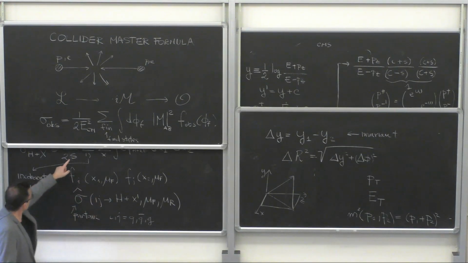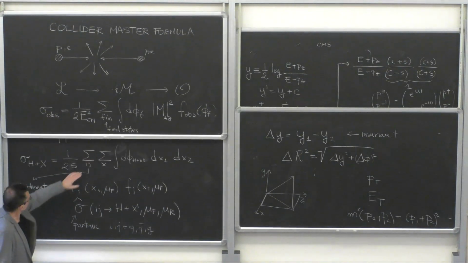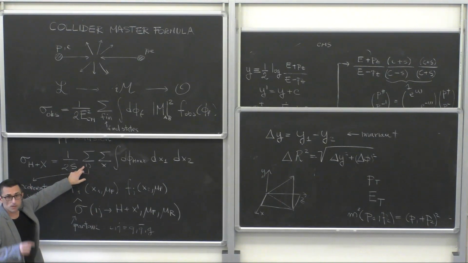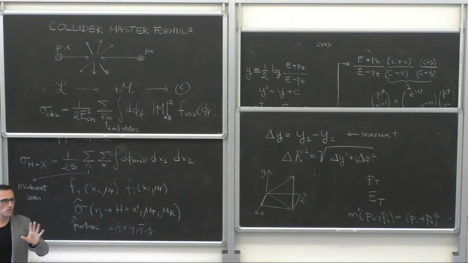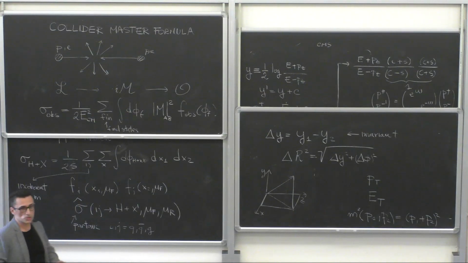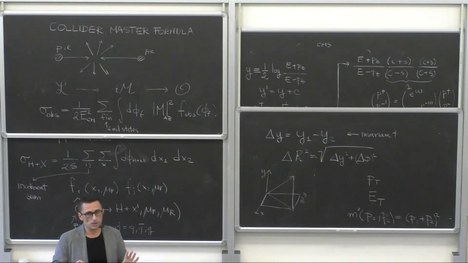So I sum, you see, and each of the terms in this sum is incoherent. So I'm computing one, then I add it, I compute the other, I add it, and so on. They don't talk to each other. So this is the first non-trivial statement, very non-trivial. Actually, it was Feynman making this statement for the first time, this crazy idea,